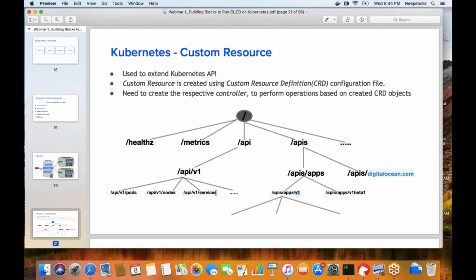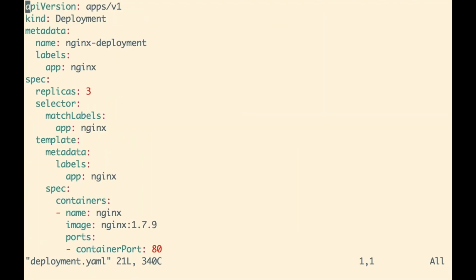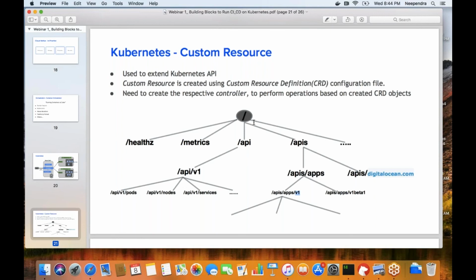We already saw how we created the pod. And under apps, we found the deployment. If I go back and show you the deployment.yaml file, you would see we are connecting to apps/v1, which means when I apply this deployment file, I would go to /apis/apps/v1, and there an object of deployment will get deployed.